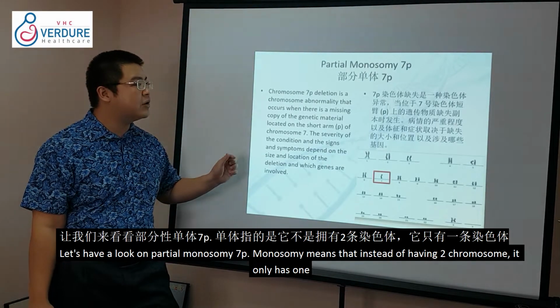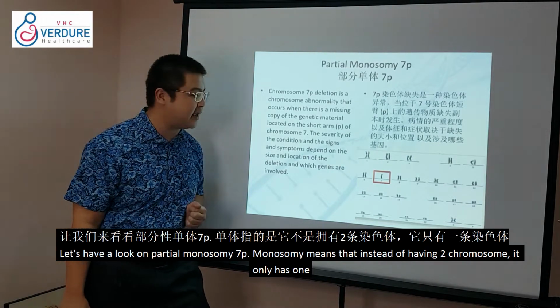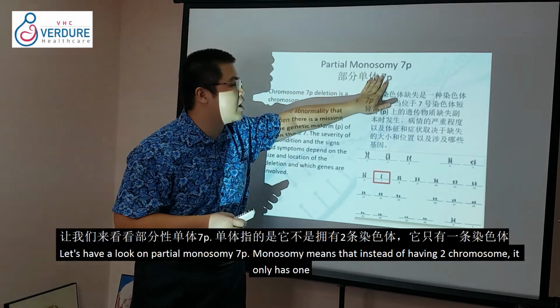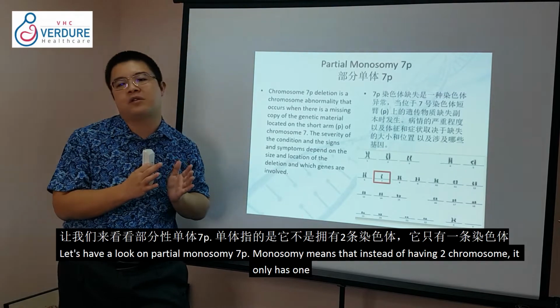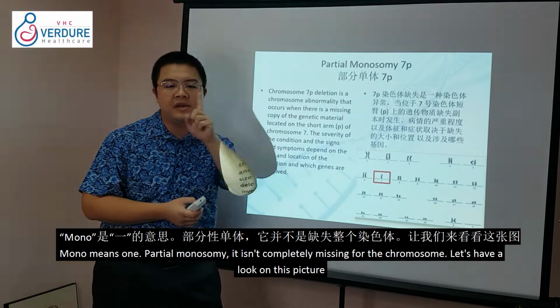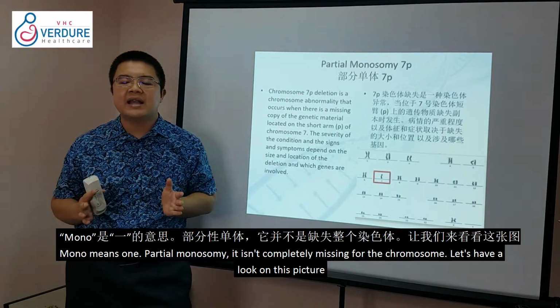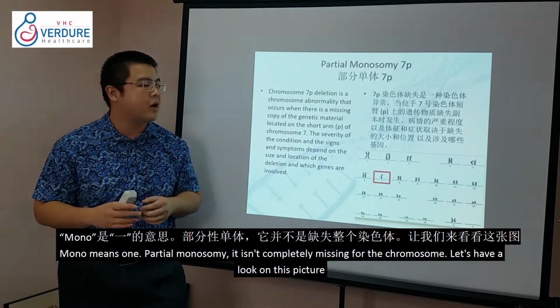Anyway, so let's have a look at this disease. Partial monosomy 7p. So what does it mean? Let's dissect this. Monosomy means that instead of having a pair of chromosomes, now we only have one. Mono is one. Partial monosomy means that it is not completely missing the chromosome, but